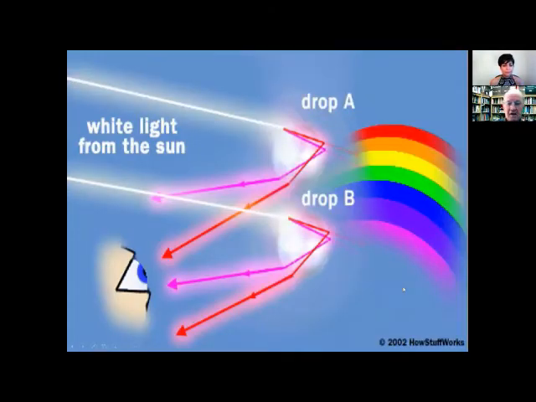So again, different drops contribute different colors to the eye. When you're looking at a rainbow, you're seeing light coming from many different droplets, and each person sees a different rainbow. If you're standing next to me and we're both looking at rainbows, they're different rainbows because it's different cloud droplets or raindrops that are scattering the light into your eyes. Interesting. So we get our own personal rainbow.